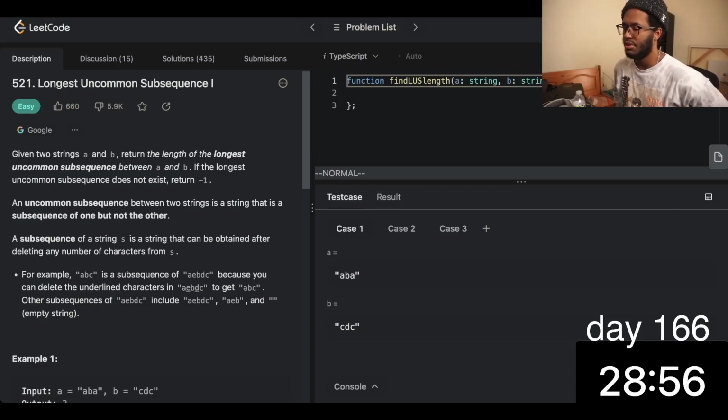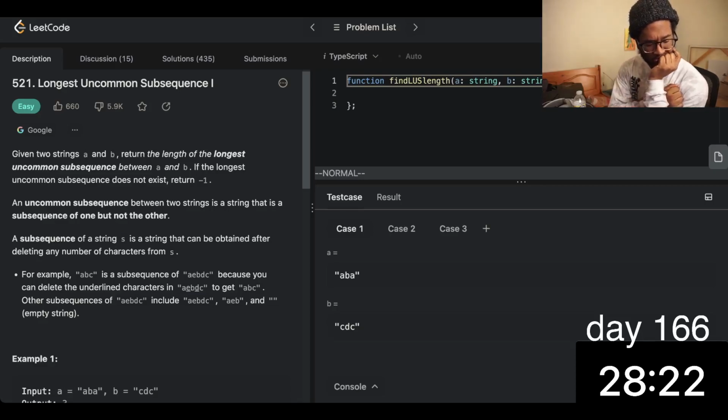An uncommon subsequence between two strings is a string that is a subsequence of one but not the other. I guess the first thing we would need to know is how do we know if a string is a subsequence of another string? I was thinking of a way where we could do a two-pointer approach where we're looking for the longest